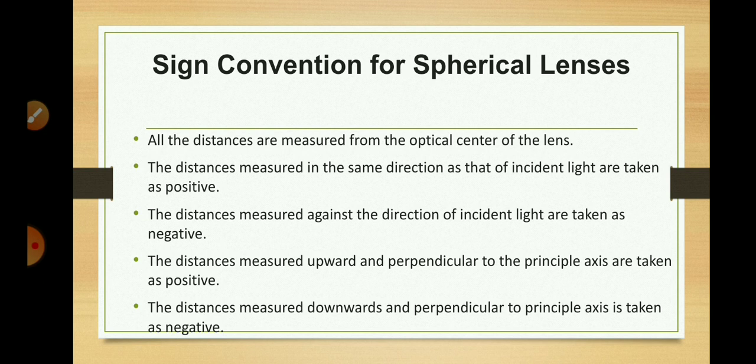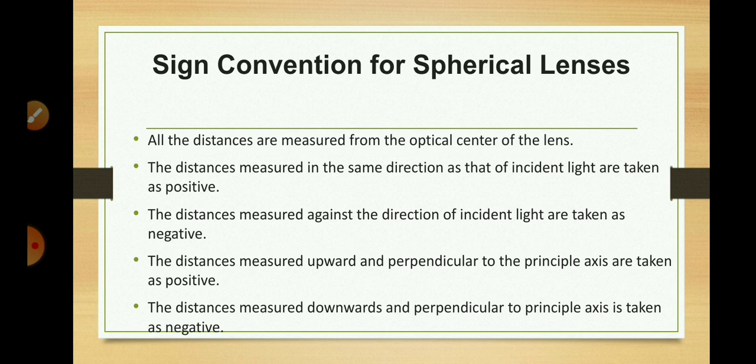So according to first sign convention, we always keep object to the left of optical center. According to this sign convention, the object distance will always be negative, but the image distance will be positive or negative depending on its position. In case of lenses, focal length can be measured on both the sides of lens. So according to sign convention, focal length for convex lens is to be considered positive and it is considered negative for concave lens. This you have to remember.